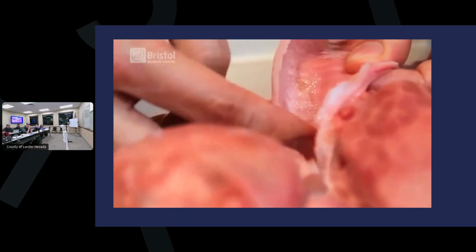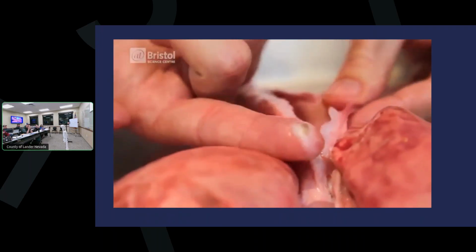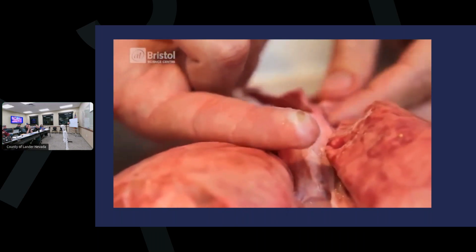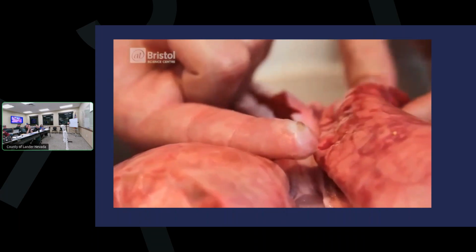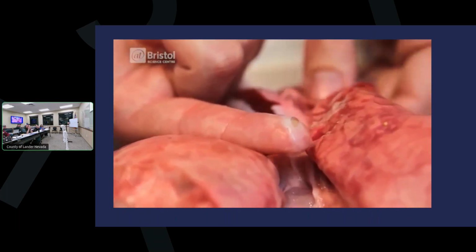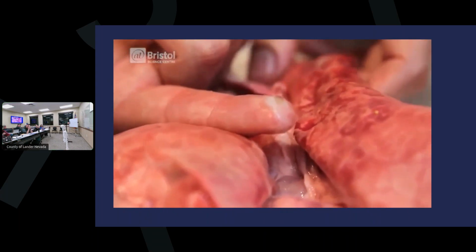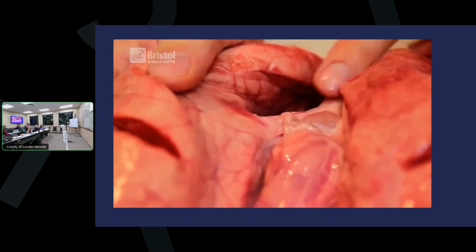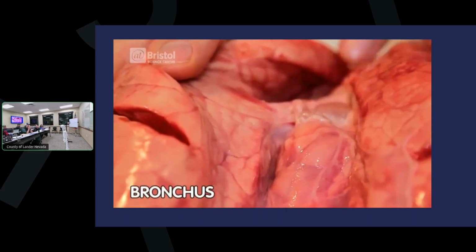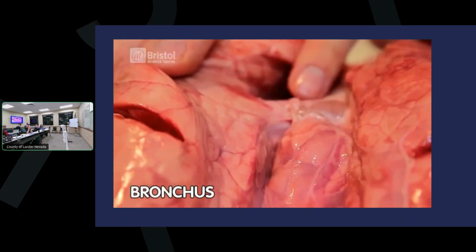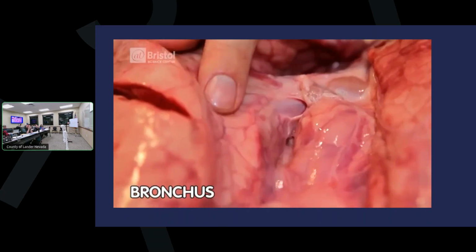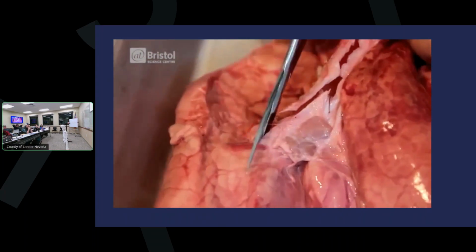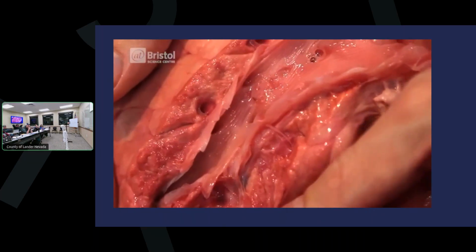Inside here, you can see this foamy stuff, and this is the mucus. You have mucus in your lungs too, and it helps to prevent any bits of dust and bacteria from getting into the lungs. So when we get to the bottom of the trachea, we can see that it branches off into two tubes called a bronchus. So the air passes down here, going into the lungs. So let's cut down one of these tubes. But just like the branch of a tree, these branches get smaller and